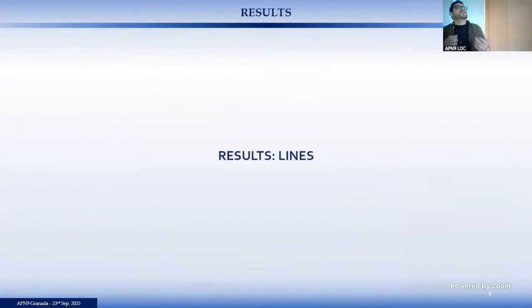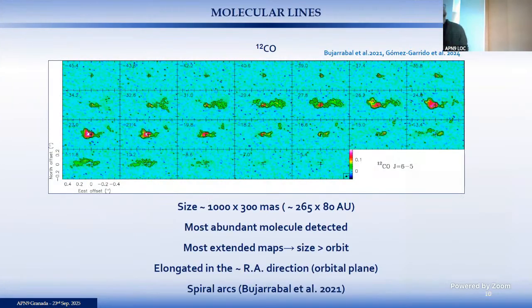Well, what happens with the lines? Here, there is the emission of 12CO. You can see the maps per velocity channel, where we represent the brightness distribution at different velocities. And as you can see, the emission is elongated along the right ascension direction, and this means that probably most of the 12CO material is located in the orbital plane. It's the most abundant molecule detected in our maps,